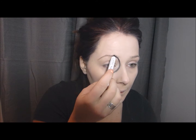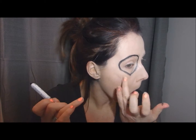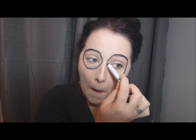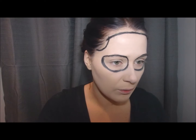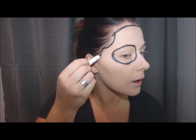So I'm going to outline my eyes. The camera cut out there. So I'm just drawing half moons on either side of my eye and then a line around the top of my head. I am then going to draw a line from here